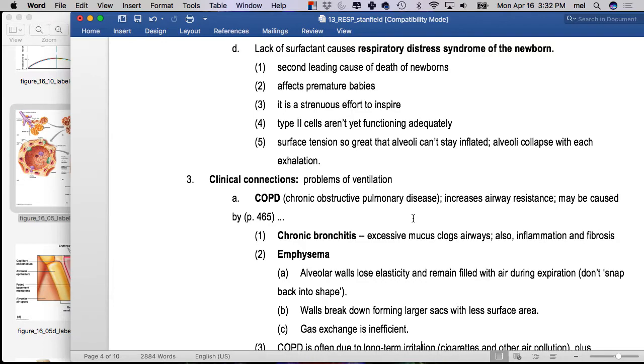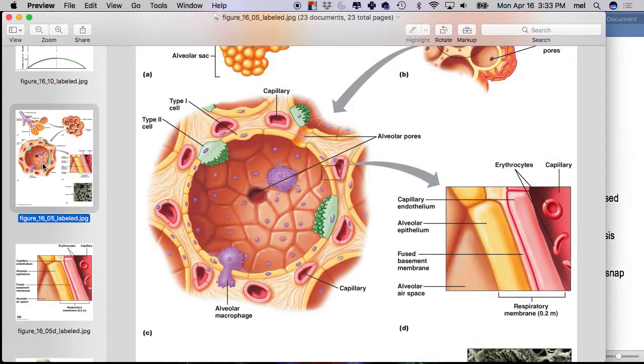So you guys know that, of course, the respiratory system is one of the last systems to come online with a newborn. And so if you have a newborn that's even born, they could be full term, but especially if they're born just a little bit early, what happens is these type 2 cells that you're seeing are not mature and functional yet. And what that does is causes respiratory distress syndrome of the newborn, which is what my son